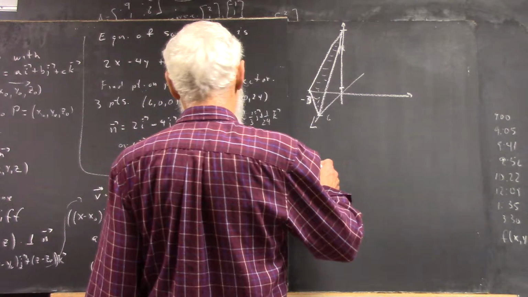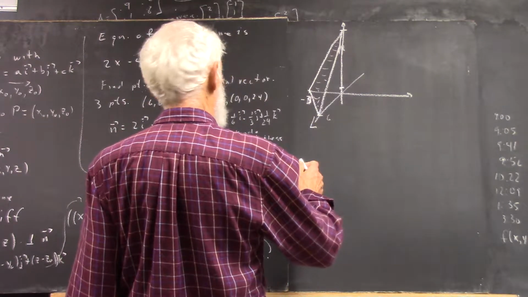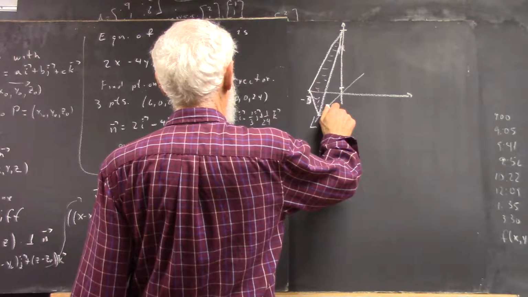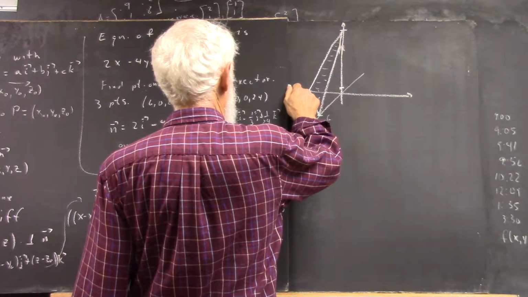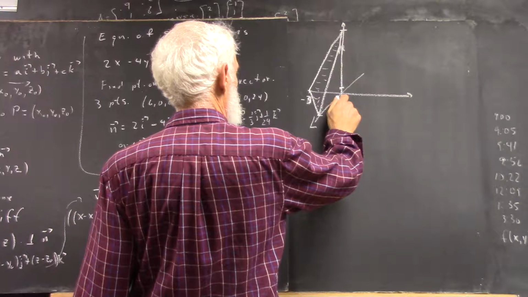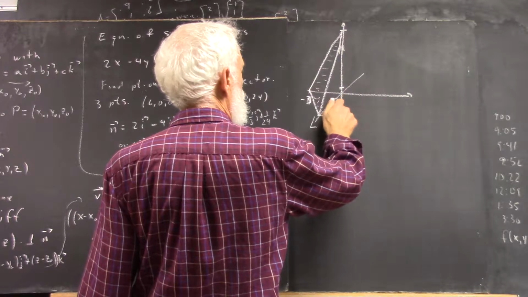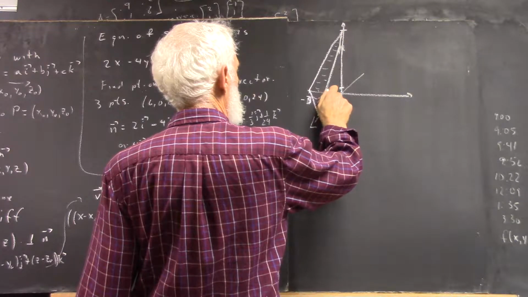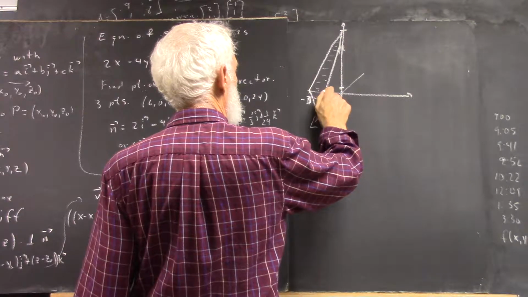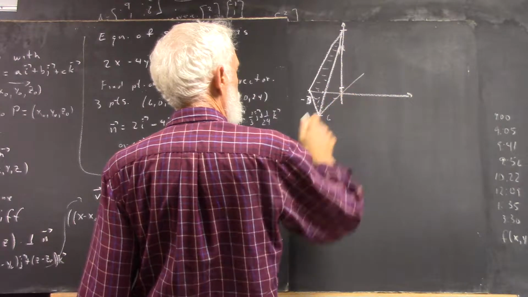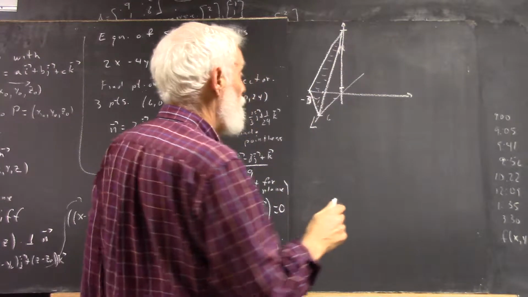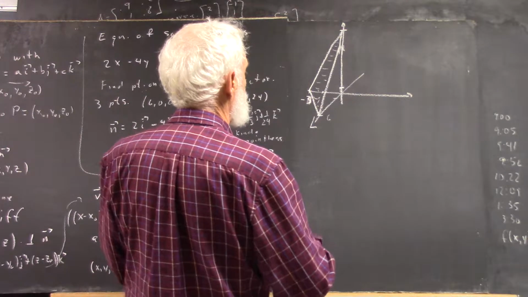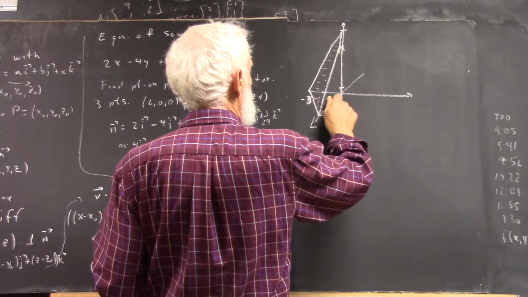So it would be like 4 units in this direction, 8 units in this direction, and 1 unit in this direction, but I'm going to use smaller numbers. So if that represents some multiple of 4, then a multiple of -8 would be maybe about here, and a 1 would be about here, okay? So our normal vector, sketched from the origin,